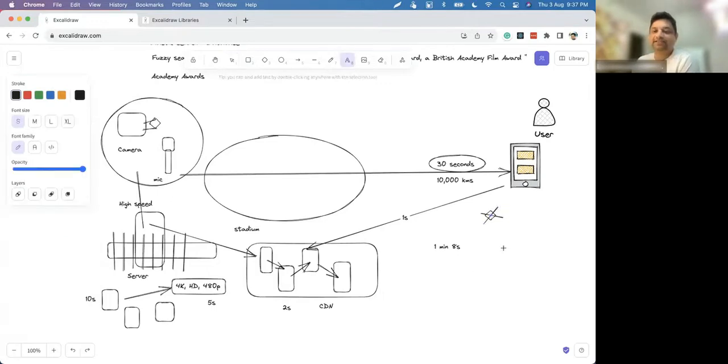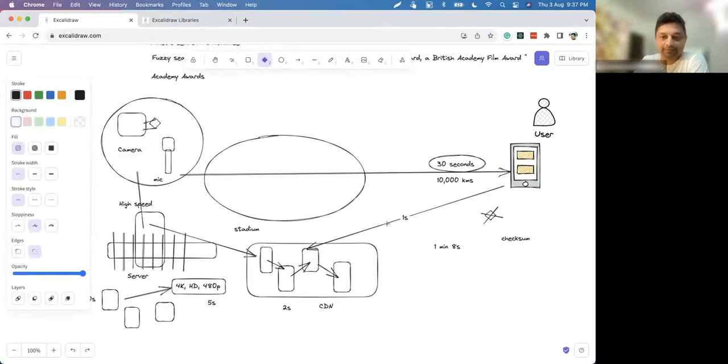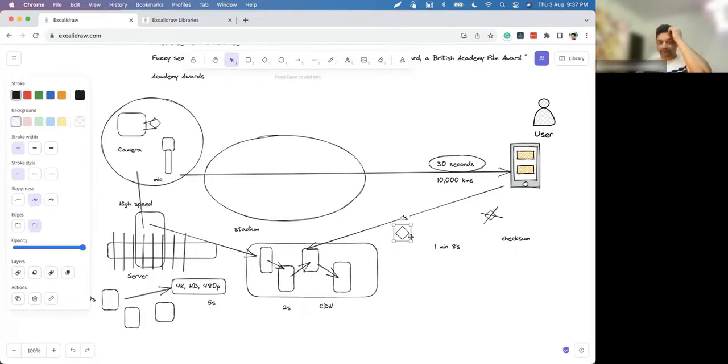There's a concept of checksum. With this, you ensure the reliability of the data which you are receiving. So in case some data is lost, it can be asked for again and resent.